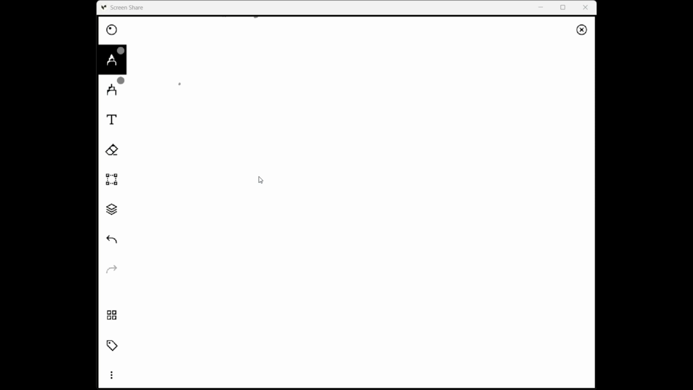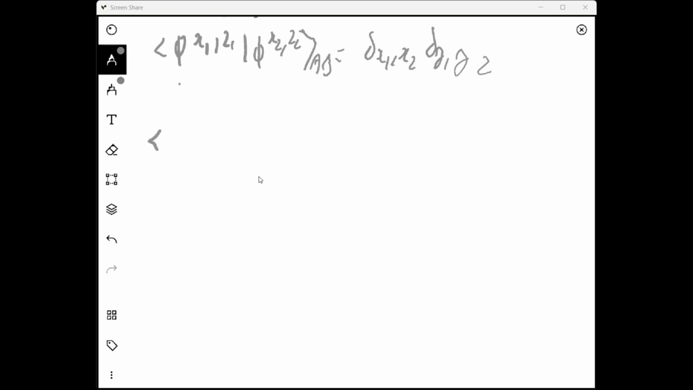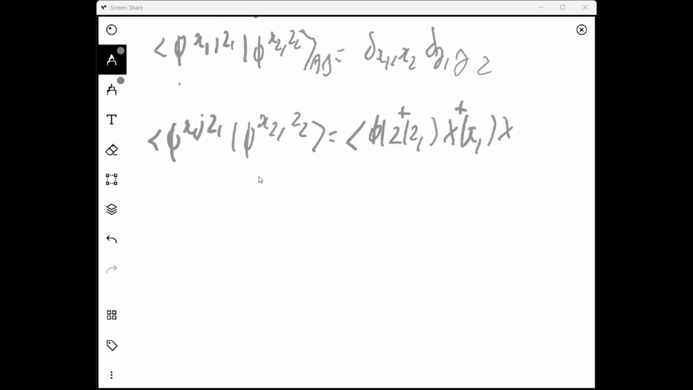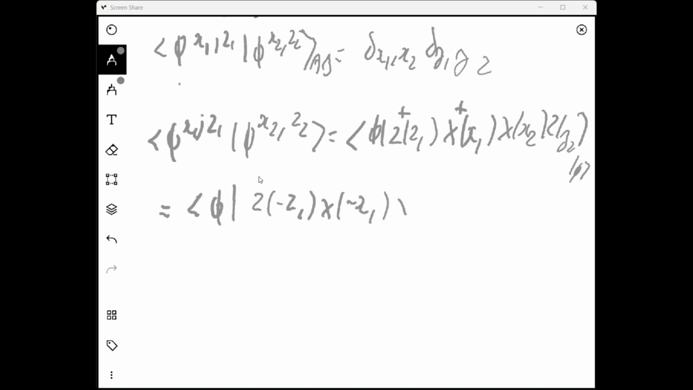Trying to show that this is true. Knowing that this is just by definition, and that we have, as we saw in another video, z dagger being z minus z1 minus x1 x2